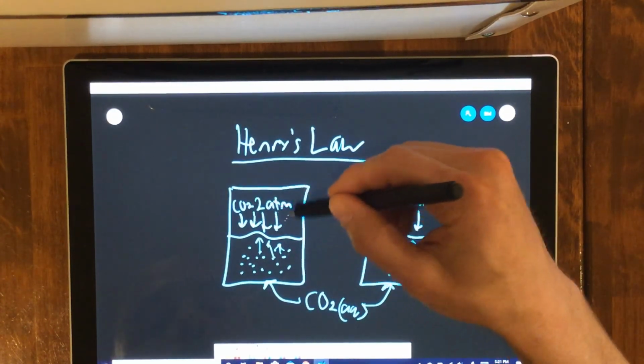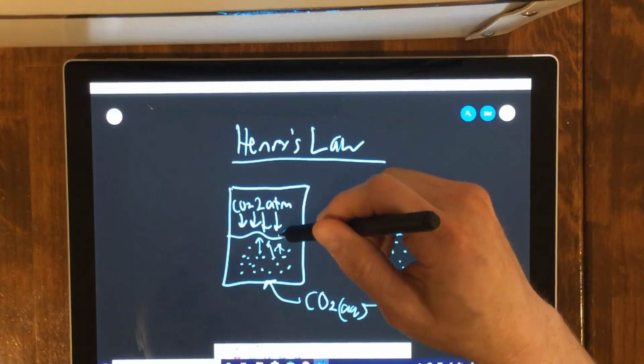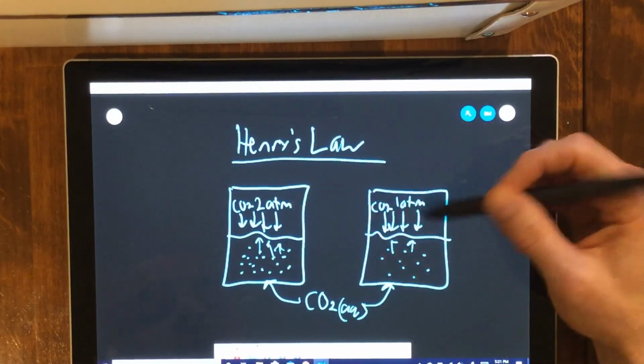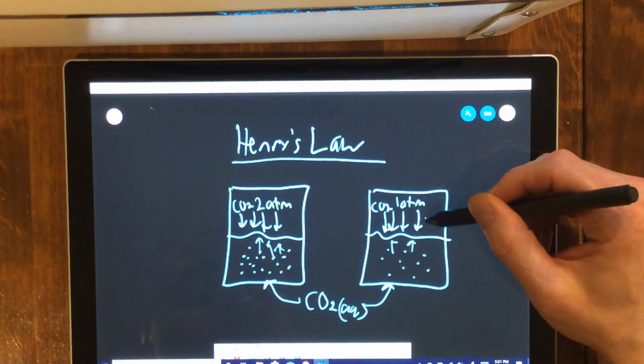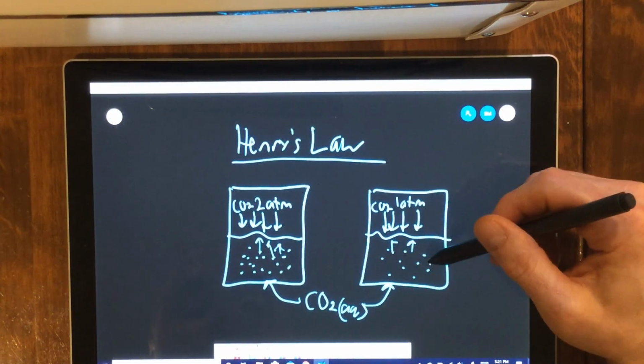So if you have a greater pressure up here pushing against the CO2 trying to come out, it's not going to work. The CO2 is going to stay dissolved. Whereas when you decrease that pressure, some of these are going to leave, the CO2 is going to get out, and therefore less of it is dissolved. That's what